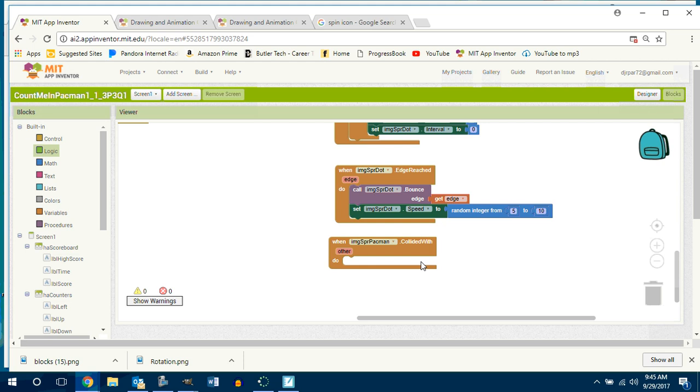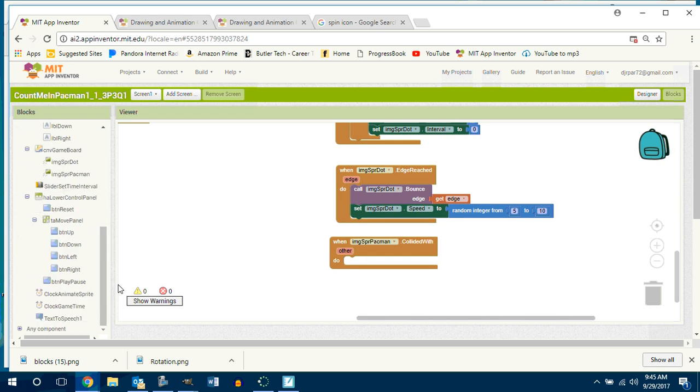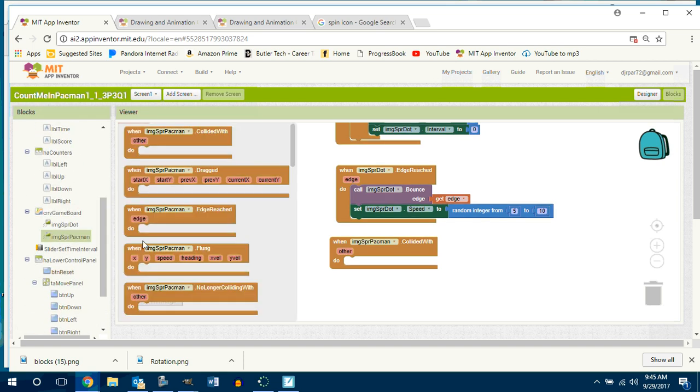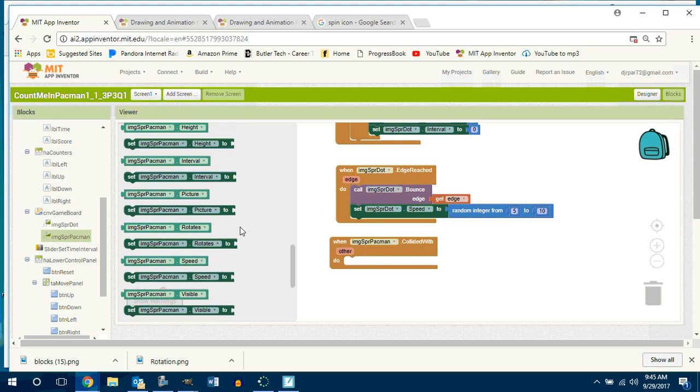So if Pacman collides with other sprite. I just drew a blank. So if Pacman sprite collides with